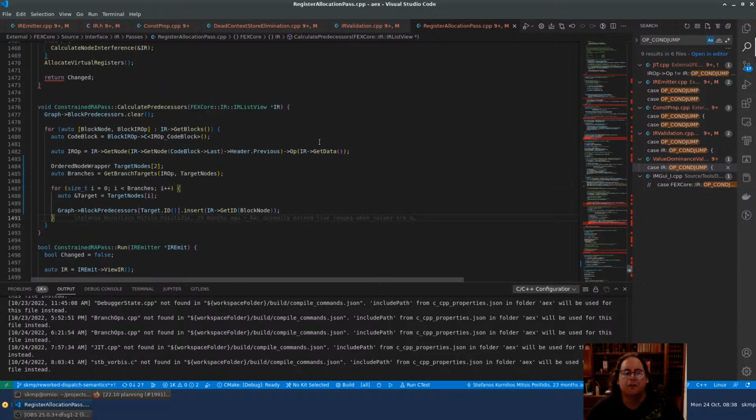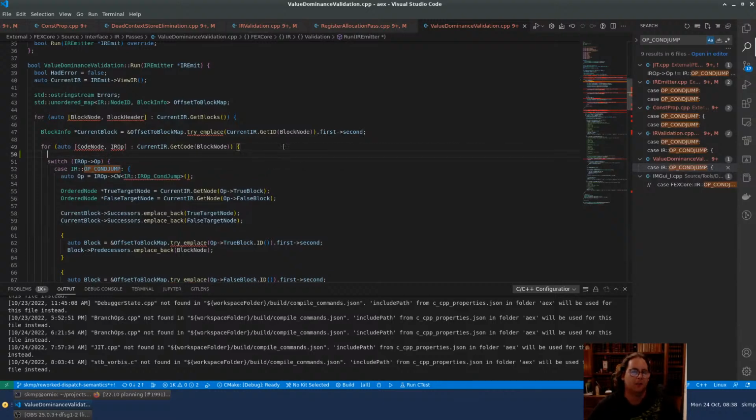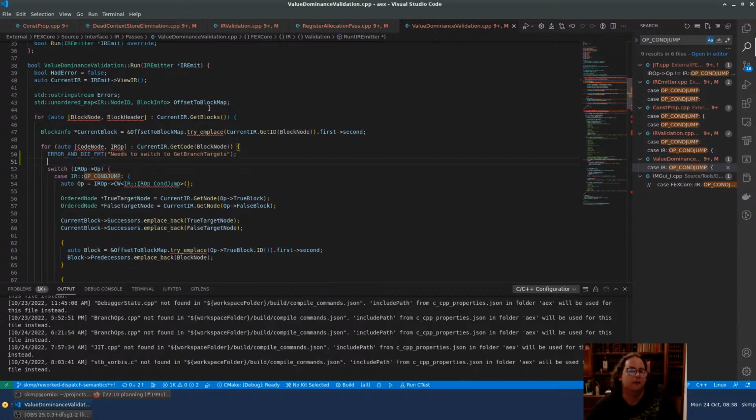I'm sure half the things will be broken after these changes. Value dominance. You know what's coming? Error and die. Get branch targets, yay! I remember to change that. Okay, let's